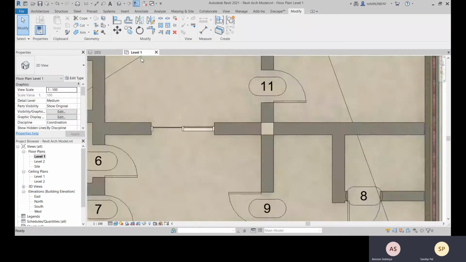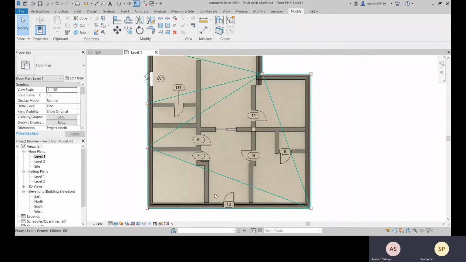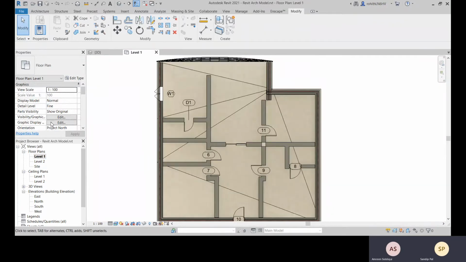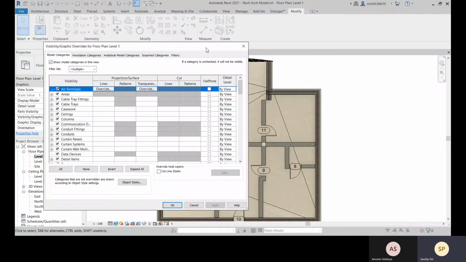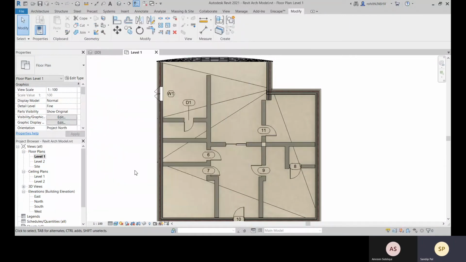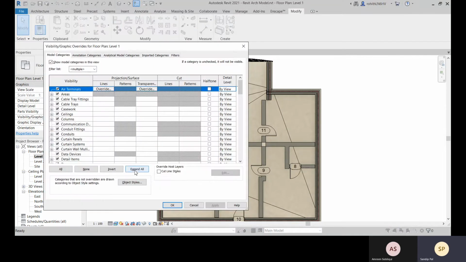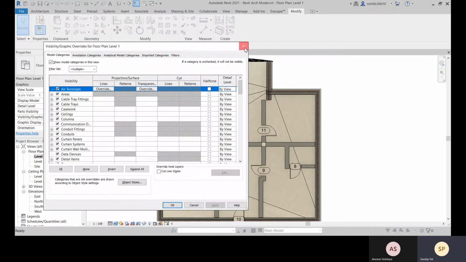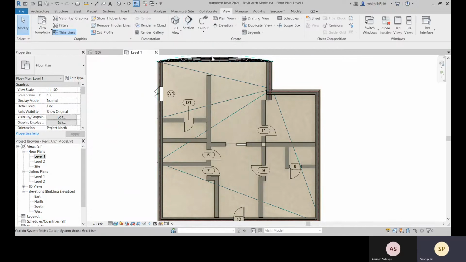All right, fine then. Let's move to our next topic, that is visibility graphics. So how can you open the visibility graphics window? Within this view, you have this properties palette, and within it you have visibility graphics. You click on this edit option and open it from there, or you can press the shortcut, that is VG, or VV is the shortcut. Or else you can come to this view tab, and there you have the visibility graphics option.